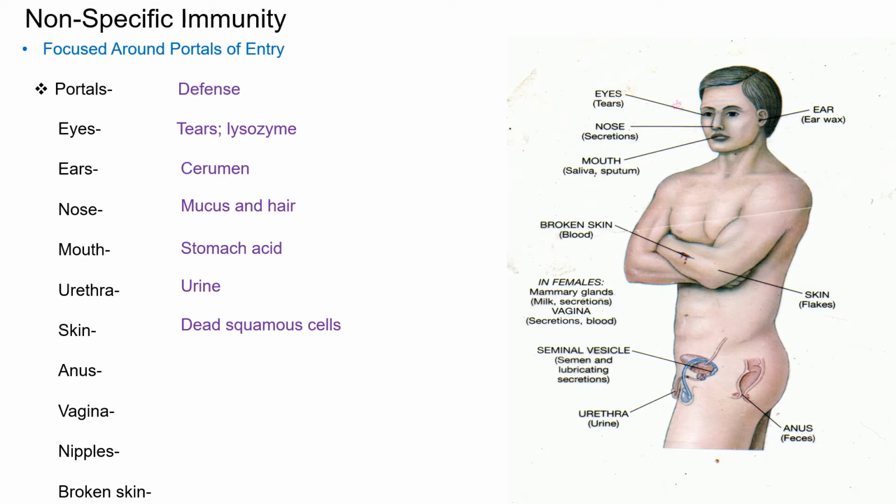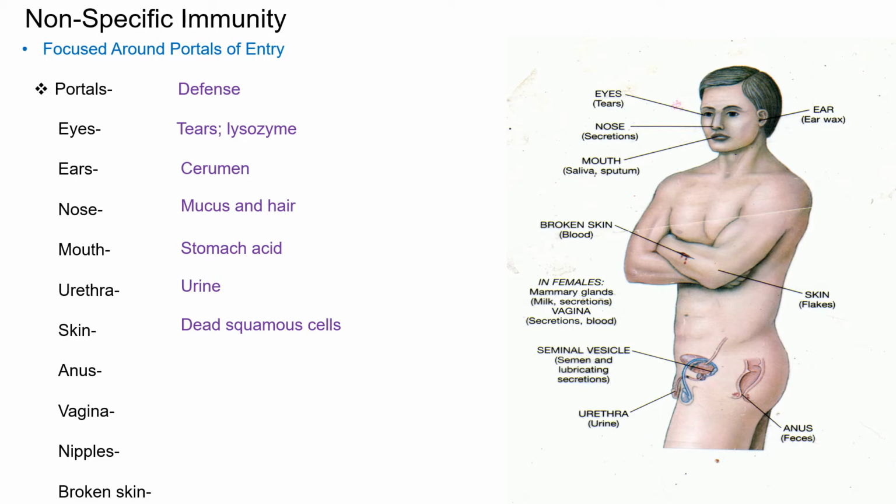So the point of these cells is to act like shingles on your house. They're overlapped, and so now things can't penetrate and get in, but at the same time as we shed them, everything that's on them goes off of your body. So it's a great means of protection. No matter what is on it, we shed it. And that's why washing your hands works so well. Everything on those dead cells gets rinsed down the sink.